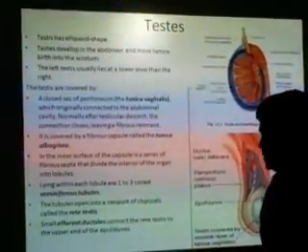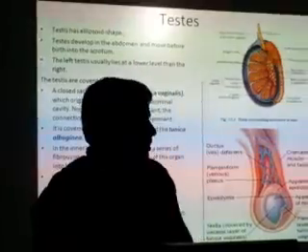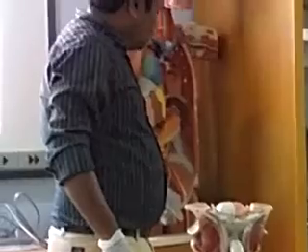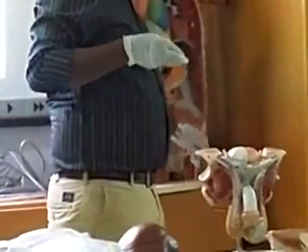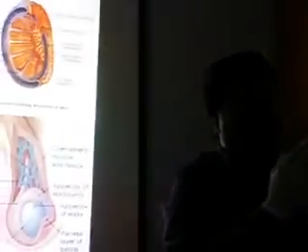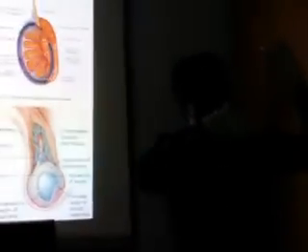Okay, so that is about the testis. The blood supply, as said, is from the testicular artery, from the abdominal aorta, which runs through the deep ring and comes through the superficial inguinal ring, forms part of the content of the spermatic cord, and then supplies the scrotum. Whereas for venous drainage, the testis has multiple testicular veins at the beginning. They form a plexus around the structures of the spermatic cord. We call it the pampiniform plexus, and then it runs upwards as a single vein. From this plexus, one single vein is formed, called the testicular vein. The left side drains into the left renal vein, whereas the right side drains into the inferior vena cava.